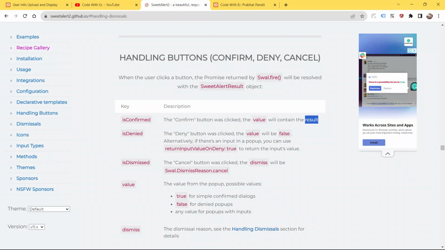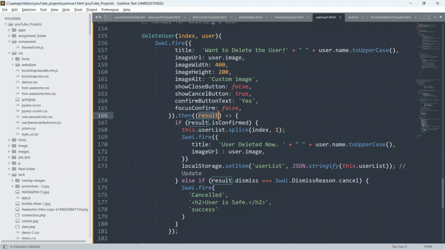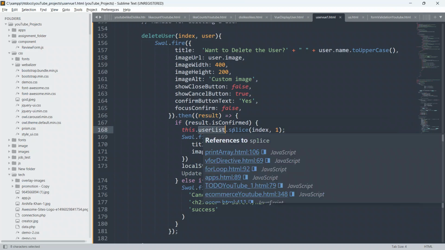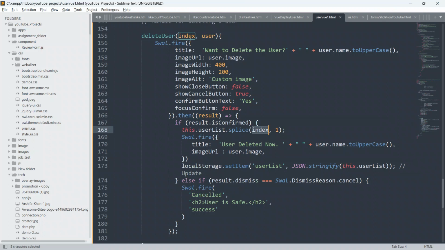If the yes button has been clicked, then we will say this dot user list dot splice index, we will pass this index, and comma 1 as a parameter, because we only want to delete one user at a time.